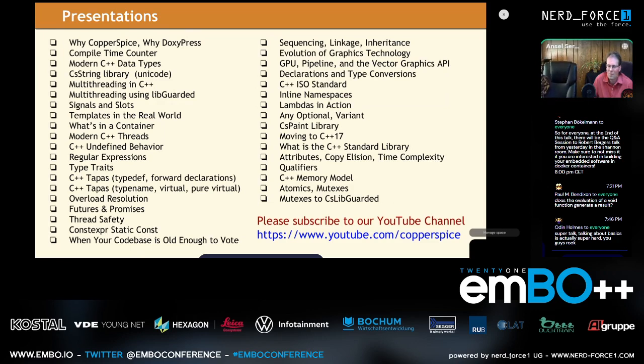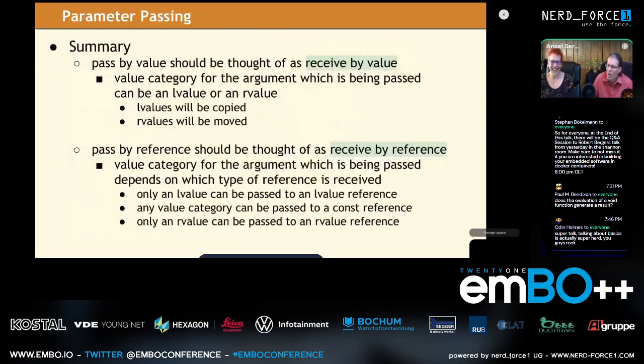We have some questions. How do you decide what kind of passing to allow? Excellent question. It really comes down to this: what value categories do you want to permit to be passed to your function?